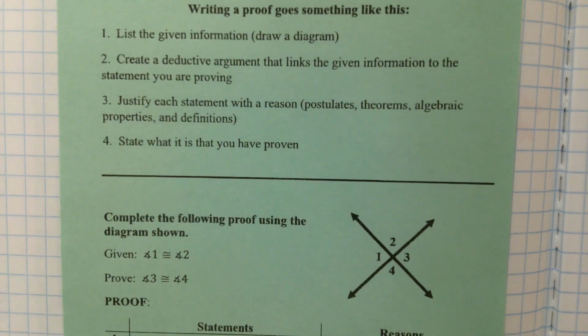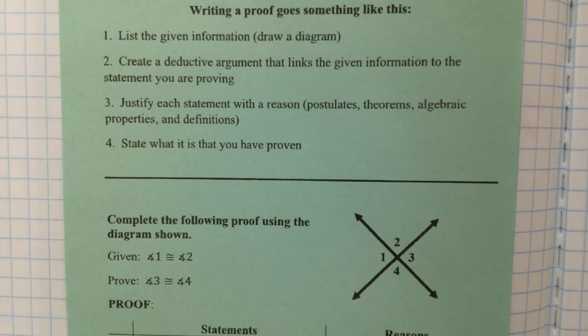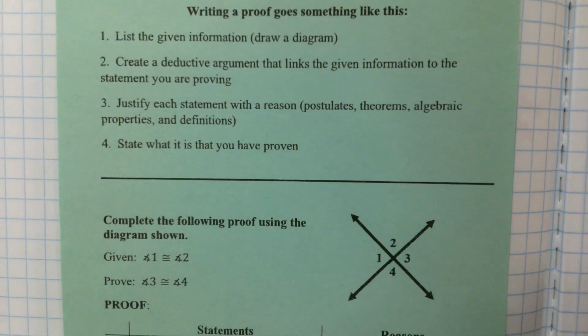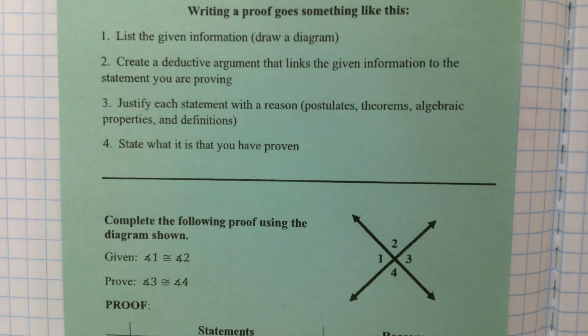If you're writing an essay in English, what's the last paragraph of your essay typically going to be? "In conclusion, everything I said." Boom, right? Same thing with a proof. So when I said we're writing paragraphs, we're going to be writing essays, not literally, but the structure is very similar, right?